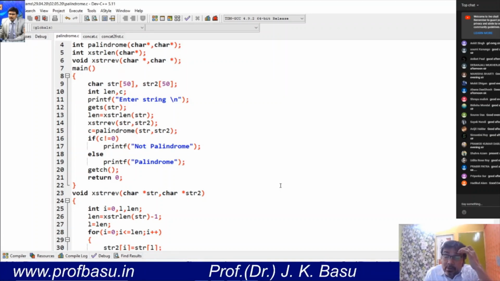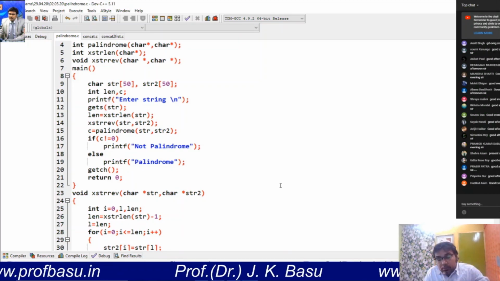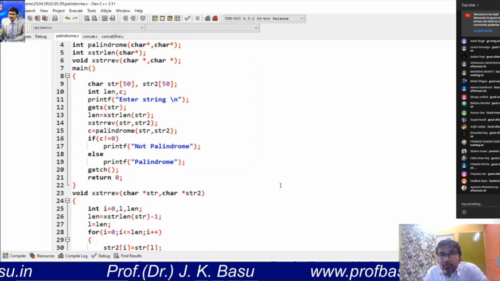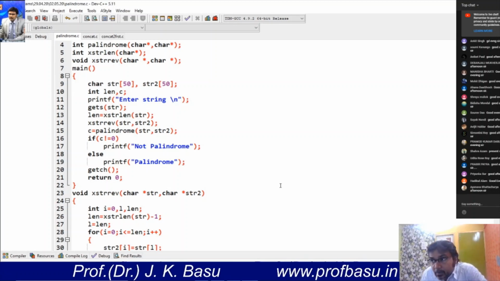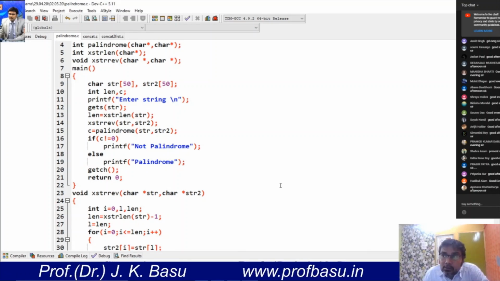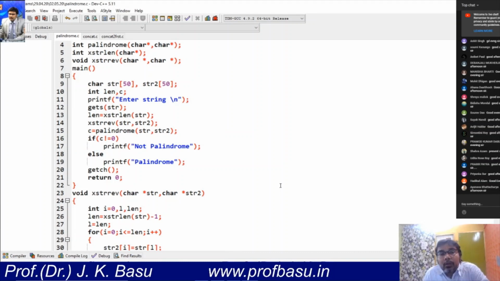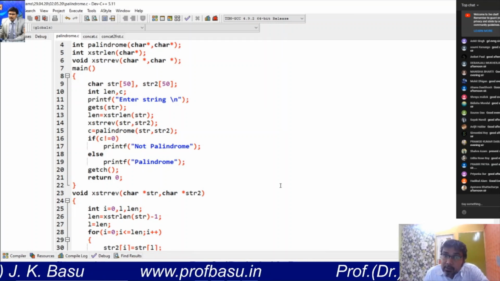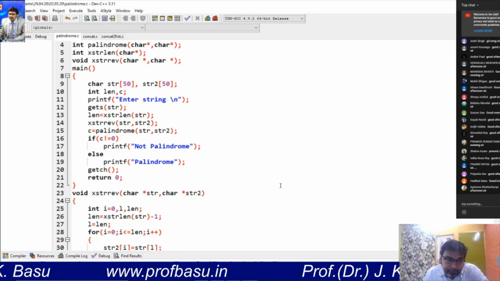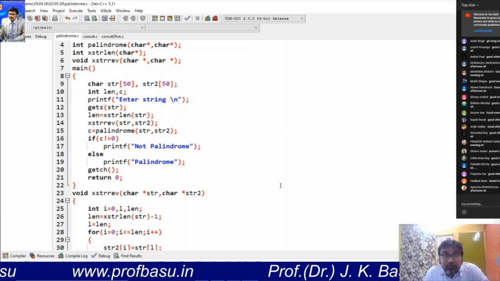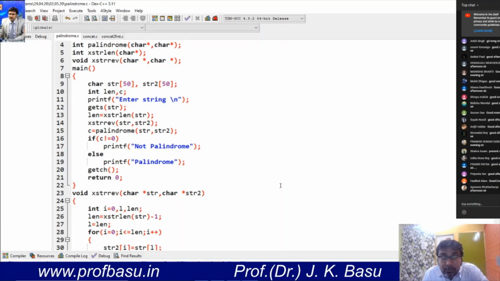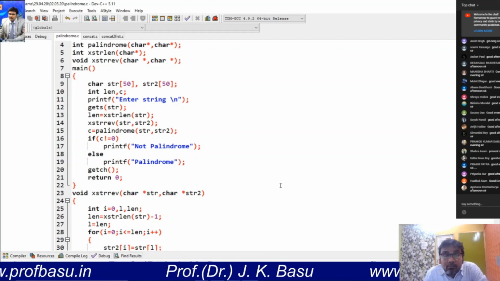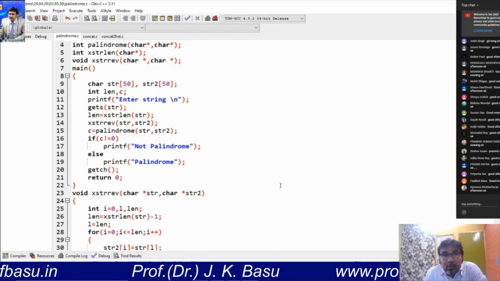First we will take a string. If you think sequentially, what are the jobs here? What will be your logic? You have to take a string from the user. Then you have to read the string from both sides, from left to right or right to left. Then you first have to know the length of the string. Otherwise, how will you know where the string ends? So you have to find out the length of a string,